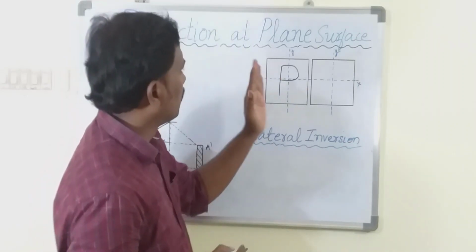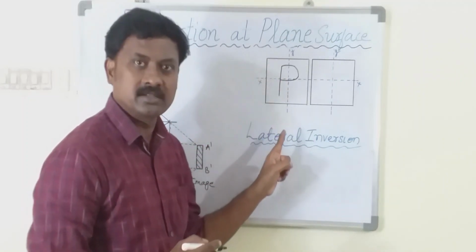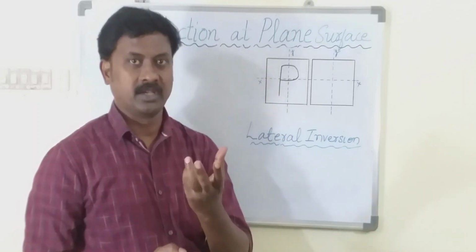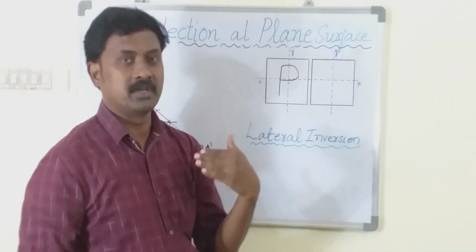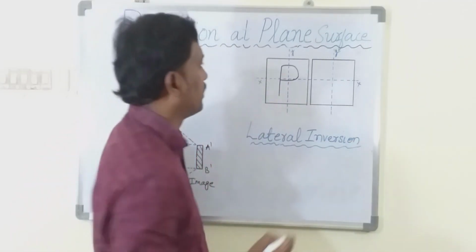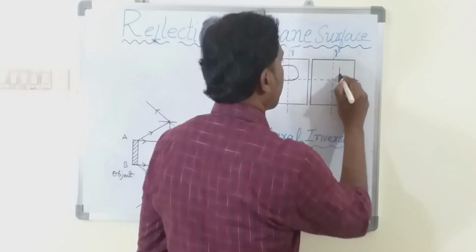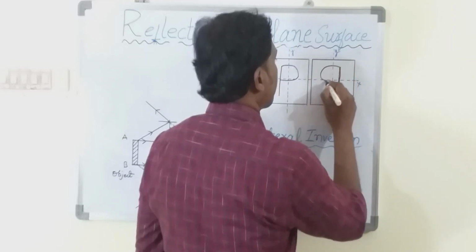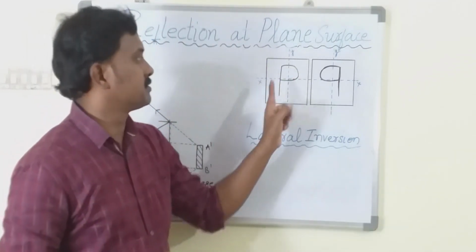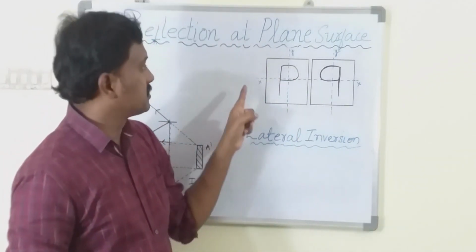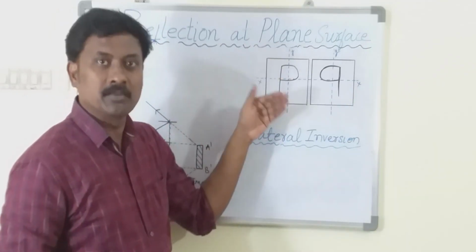So now what happens during a lateral inversion is, in case of this lateral inversion, this y-axis rotates 180 degrees. It rotates 180 degrees. So the left becomes right and the right becomes left. And when it rotates like that, generally you get the image like this. Like this. Left becomes right and the right becomes left. Suppose the x-axis rotates 180 degrees, then the top becomes bottom and the bottom becomes top.